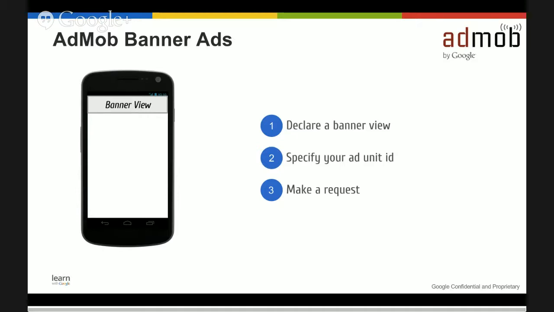So in your code, it obviously depends on which platform you're using, and I'm not going to go into specifics because the coding does vary, but you're going to want to declare a banner instance. Once you've done that, you'll assign your new ad unit ID to that banner, and then you'll make the request